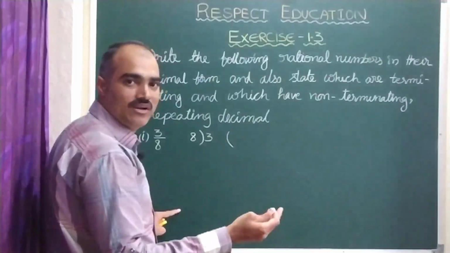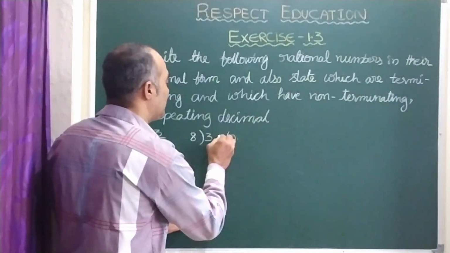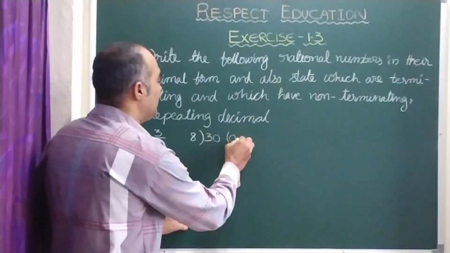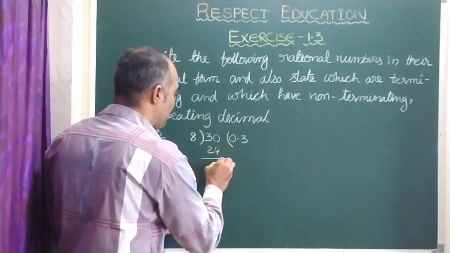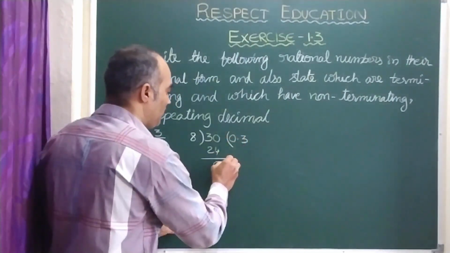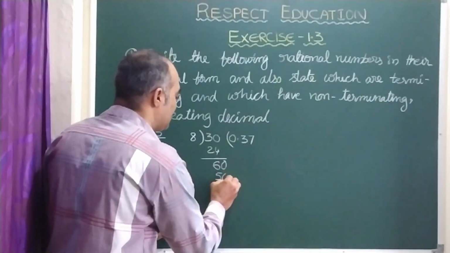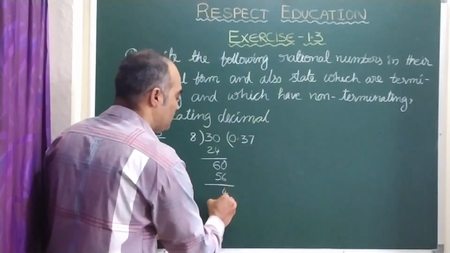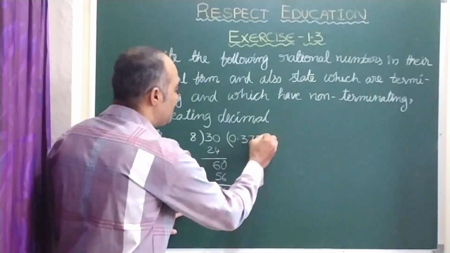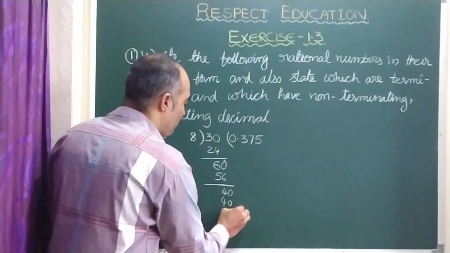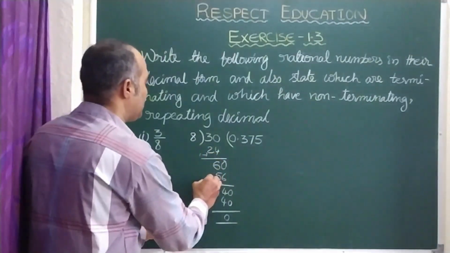As you might have learnt in the lower classes, as 3 is smaller, we should write 0 point, then 0 comes, it is 30. Here 8 3s are 24. When you subtract you get 6. Because of this point it will be 60, right? Here 8 7s are 56. Now 60 minus 56 is 4, because of this point 0 comes. So here 8 5s are 40. So 40 minus 40 is 0. Simple, as you know, we are just doing subtraction, that's all, children.